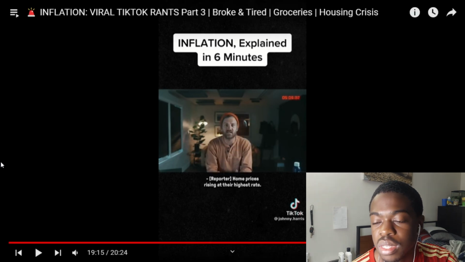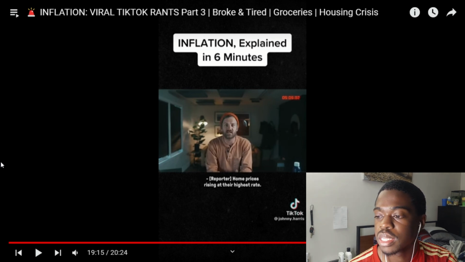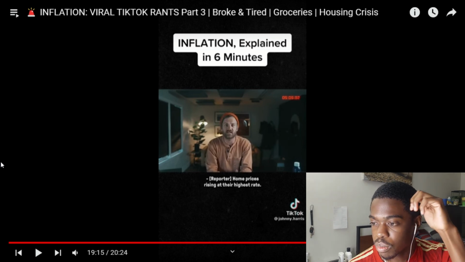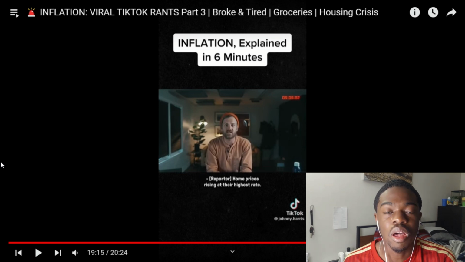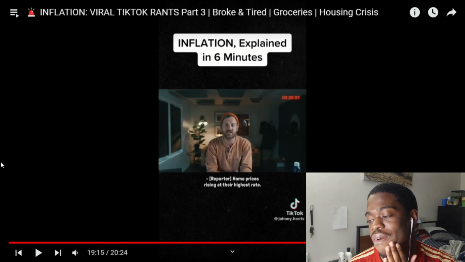Let me just say this. This is crazy because not only is he explaining it the way it is in America, this is how it is globally now. And I'm there like, hold on. Why am I thinking this is just in America? Imagine every country, almost the majority of countries, have this same mindset. All because of what we went through in the beginning of 2020, the lockdown basically, right? All because of that. Higher demand, higher prices. Wow.